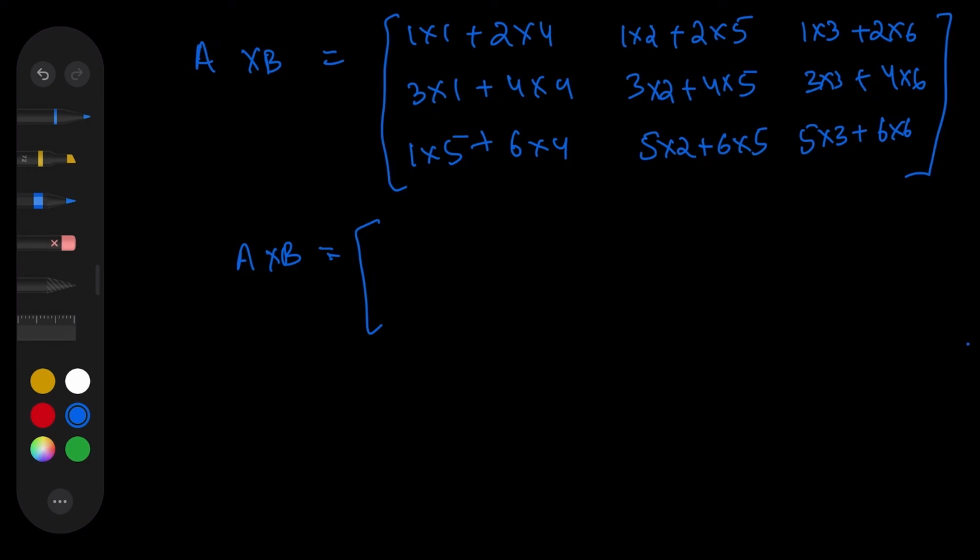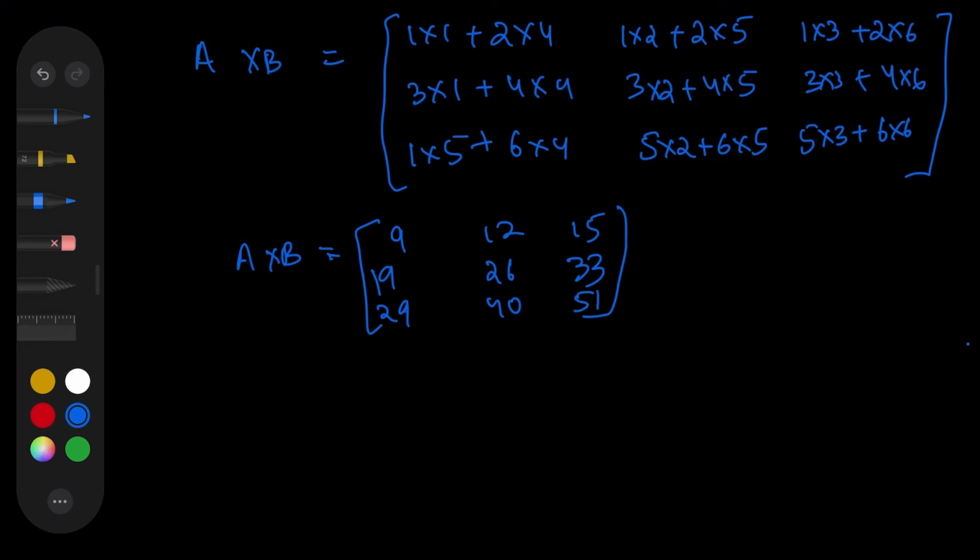Right, so 1 plus 8 is 9, 10 plus 2 is 12, and 6 plus 3 is 9, 3 plus 16 is 19, and 6 plus 20 is 26, 9 plus 24 is 33, and 5 plus 24 is 29, and 10 plus 30 is 40, and 15 plus 36 is 51.